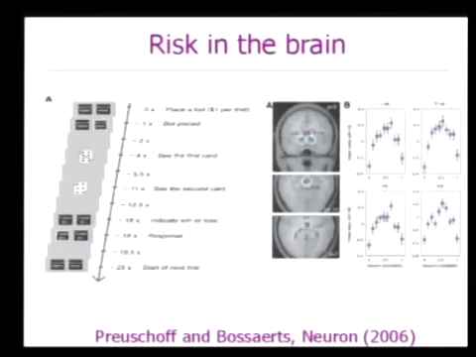And I didn't do this, but Kirsten Preuschoff and Peter Bossaerts at Caltech did. They had people play a game. You'll recognize it, it's sort of Play Your Cards Right, Bruce Forsyth. I don't know if that's still on or who does that now. Basically, you make a bet, you're given one card, and the bet is whether the next card that's turned over is higher or lower than the first card.